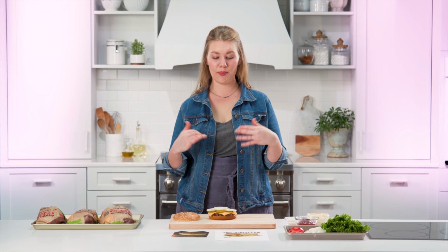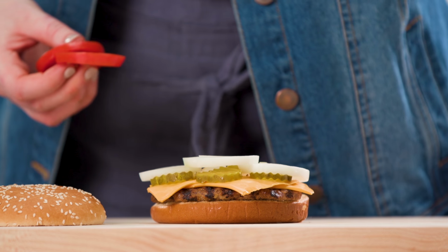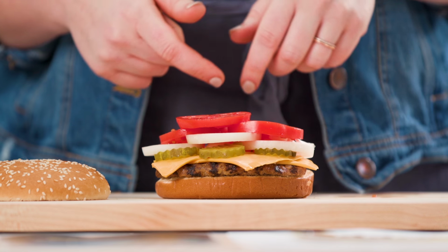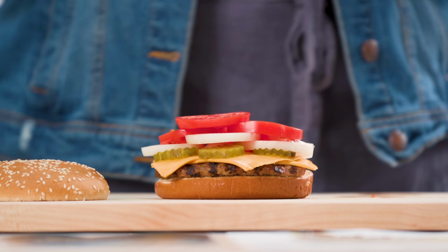So now we're just gonna move on up. We're gonna do our slices of tomato. It's really important that you have the right size for the scale. If you have giant slices of tomato, well, you're only gonna have 1, but this sandwich has 2. These tomatoes are specifically picked out because I knew that they would be bright red on the inside. That's a really important thing to remember. You can't really replicate a photo if the tomato in the photo is bright red and the tomato that you